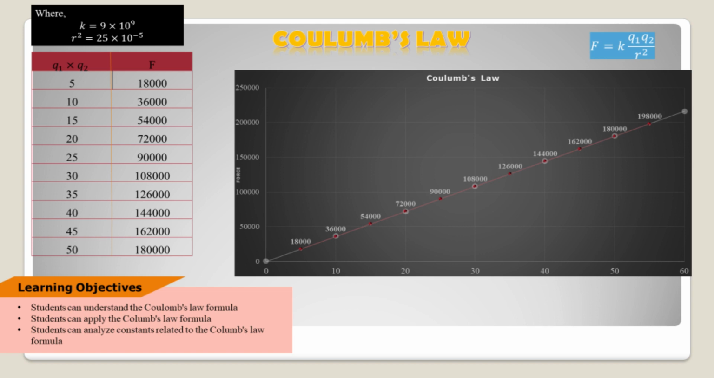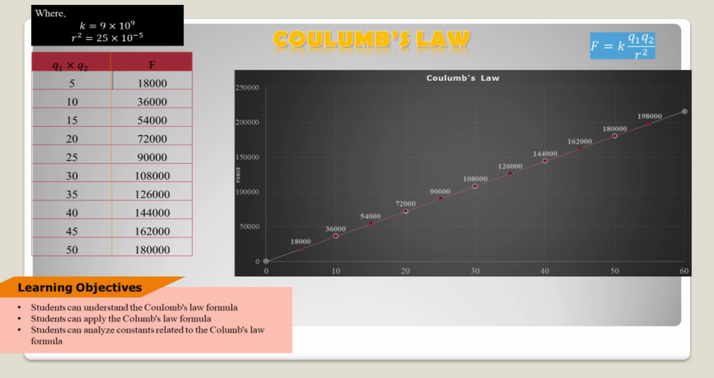And if Q1 times Q2 is equal to 30, the force is equal to 108,000. And if Q1 times Q2 is equal to 35, the force is equal to 126,000. And if Q1 times Q2 is equal to 40, the force is equal to